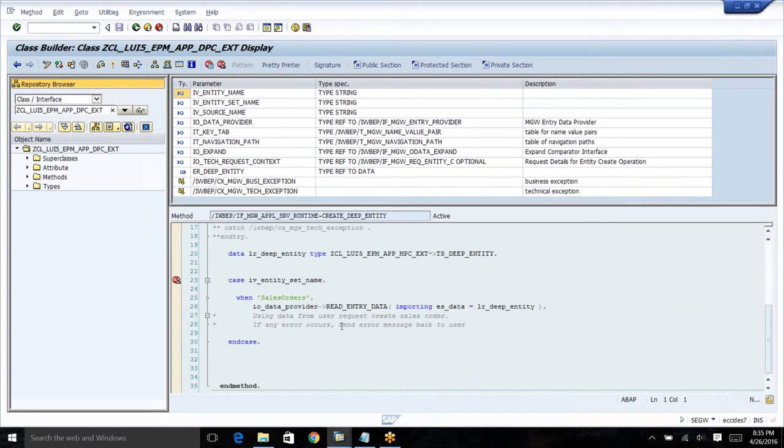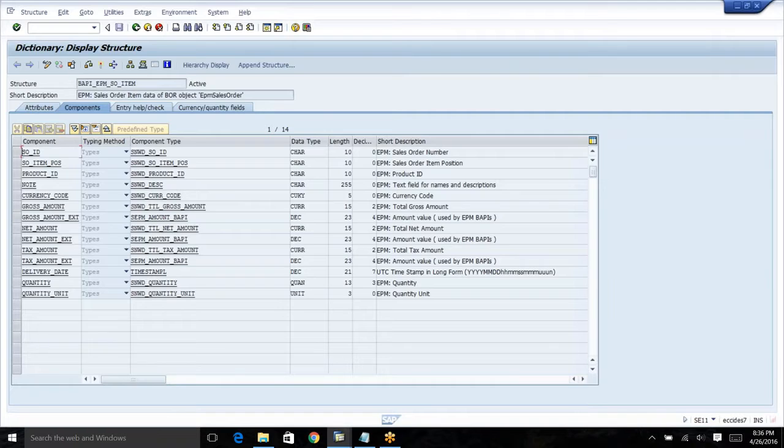No. Since the deep entity here is referring actually to the data type, so it can now hold sales order items, and products in that sales order item entity. Okay. So here we don't need to do anything, but while we are passing the data, what we should do is,